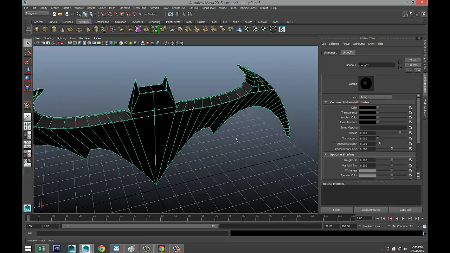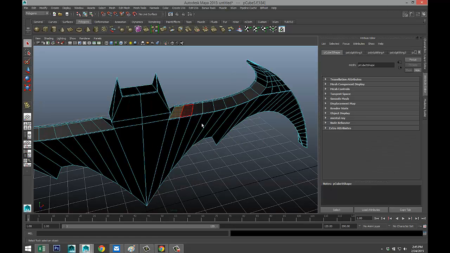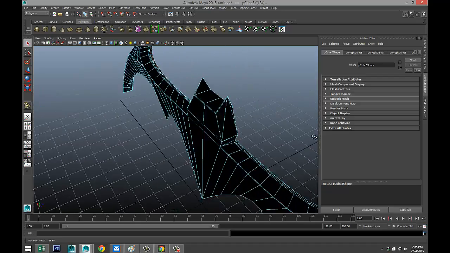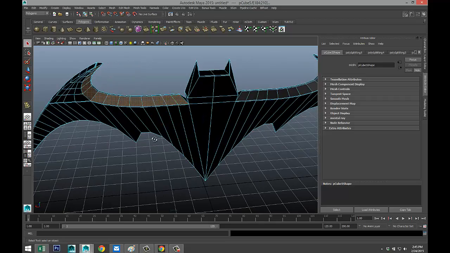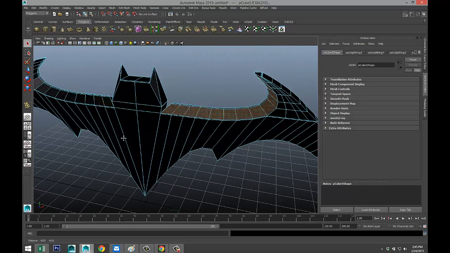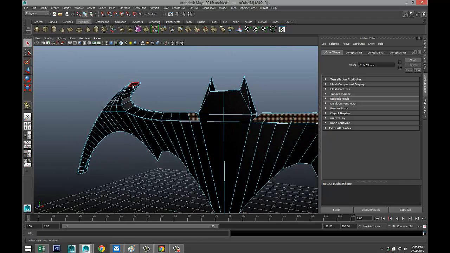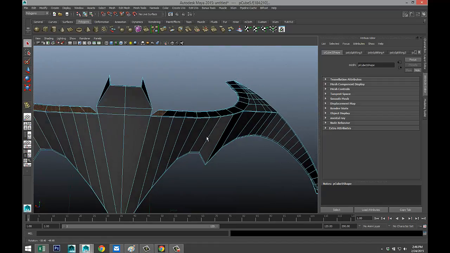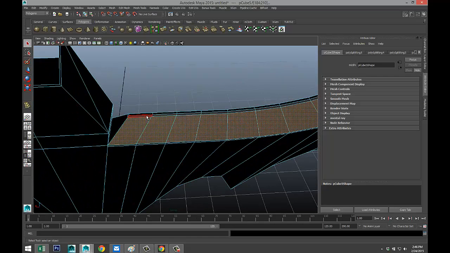All right, then right click face, select that face and double click on that one. Do the same over here, that one, and double click on that one. So we've got these two going on. Gonna do the same over here, shift click and shift double click, shift click, shift double click, and let's do these as well,